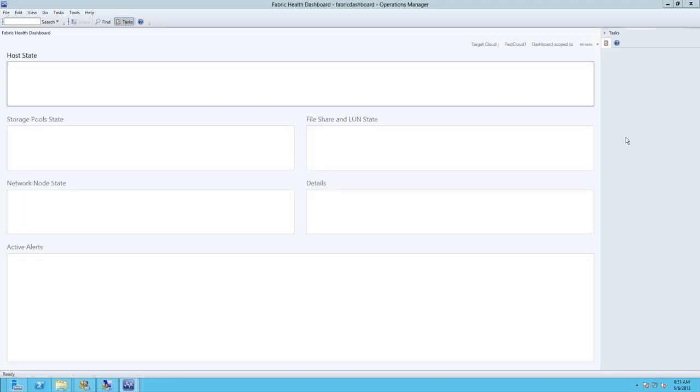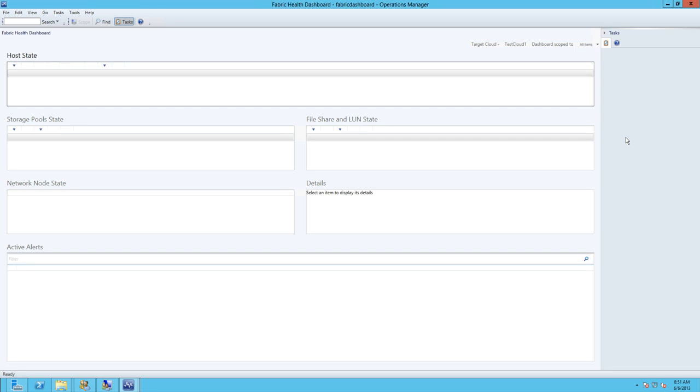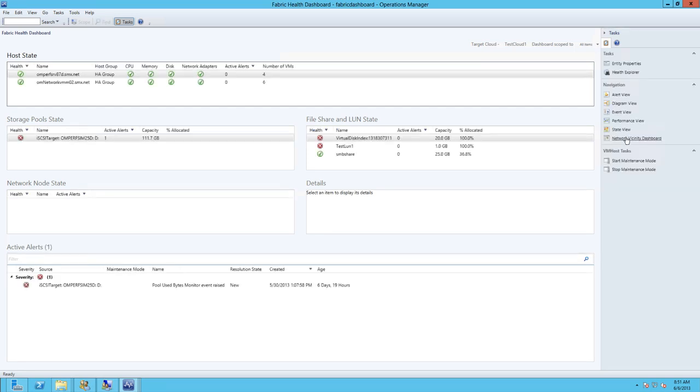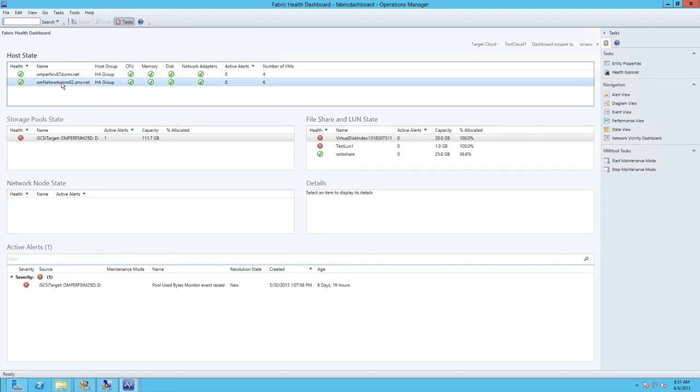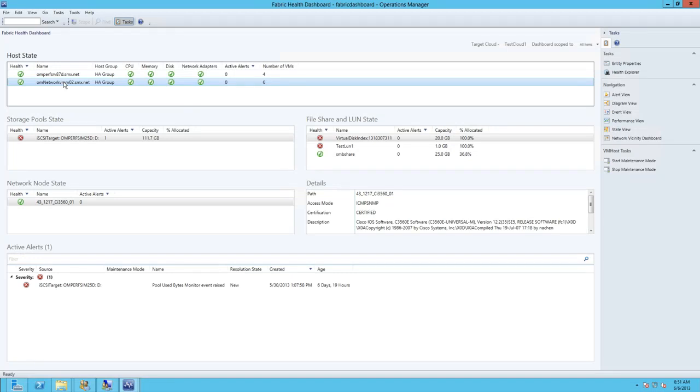So here we have the Fabric Health dashboard. Once this loads up, what you're going to see is that we're not showing anything other than what's relevant for that particular cloud. All of these LUNs, all of the network state that you're seeing, is related to the components that cloud is consuming. We're not showing you every single thing. If there are hosts that we have that aren't relevant to this cloud, they're not going to show up in this dashboard. We're also going to show you your storage pool states and how they're doing,